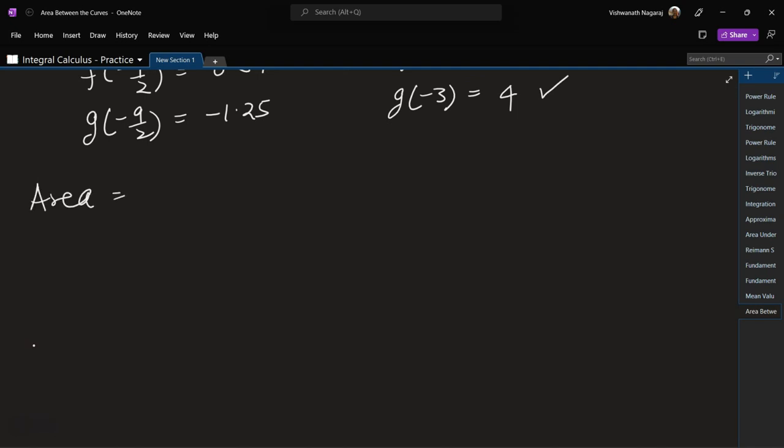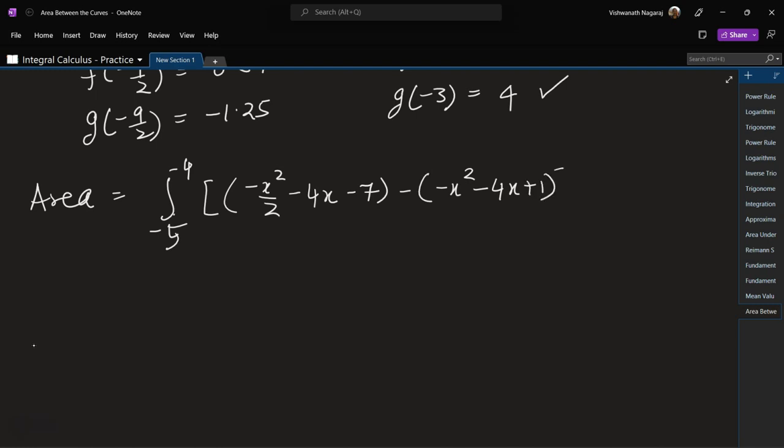So area is equal to integral from minus 5 to minus 4 of f. So f is minus x square by 2 minus 4x minus 7, then minus g of x, that is minus x square minus 4x plus 1 dx